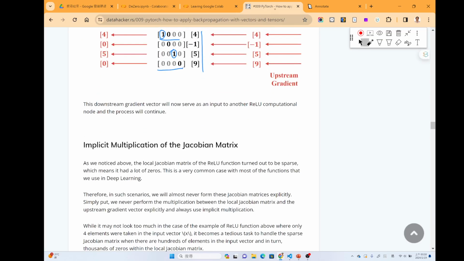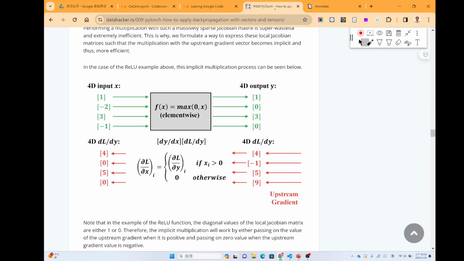So the other way is to just use this formula, and we only need to pick up the non-zero items to calculate the ReLU gradient.